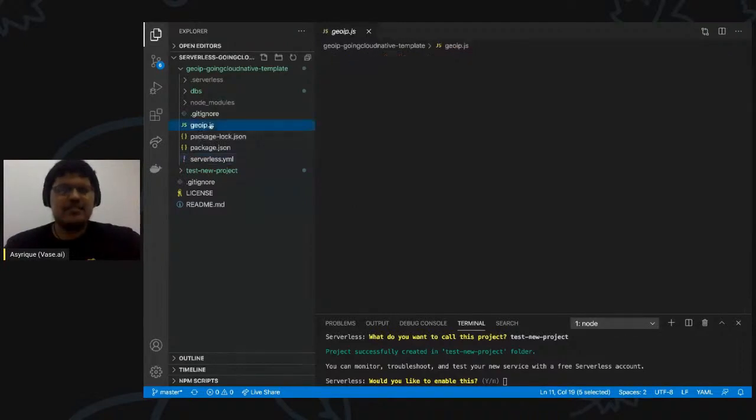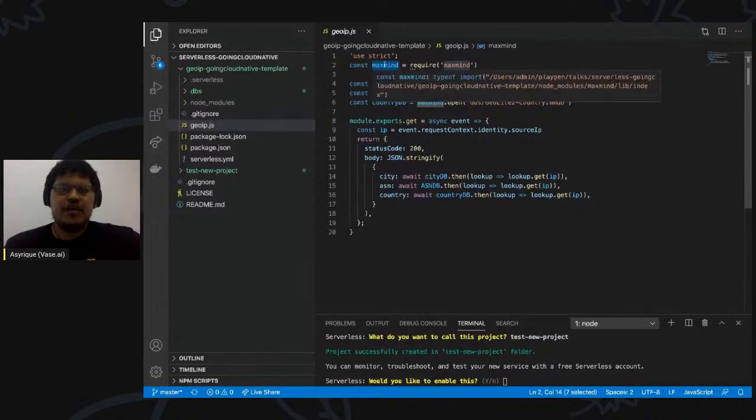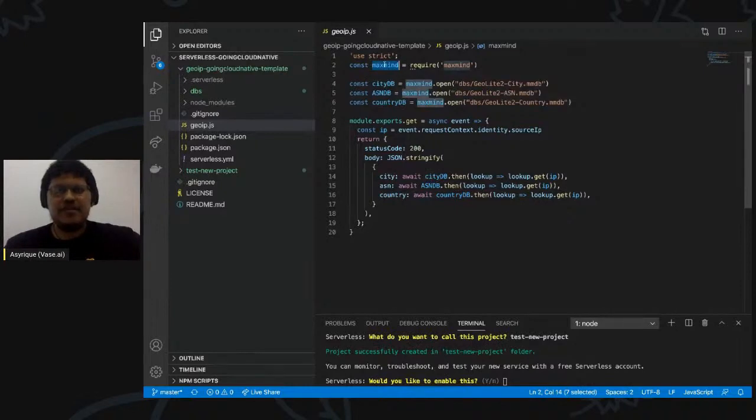there's a get. And inside here, it's relatively short, but what we have is we're using the MaxMind library. So for those of you who aren't familiar with JS, don't worry, I'll walk through what is actually happening here. You don't have to worry too much about recognizing the code. So MaxMind is a provider of IP resolution services, and they make